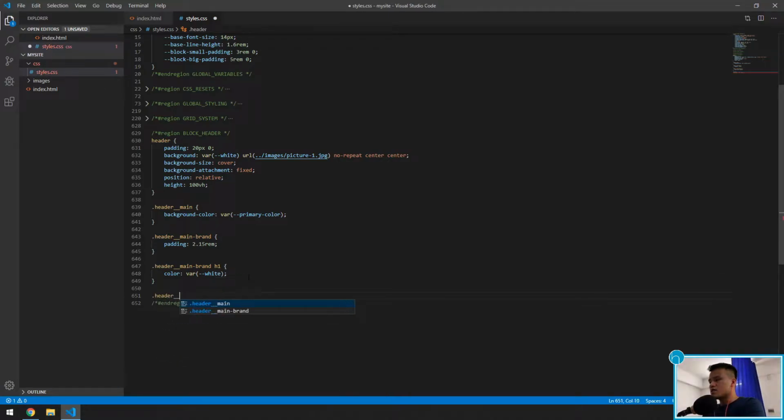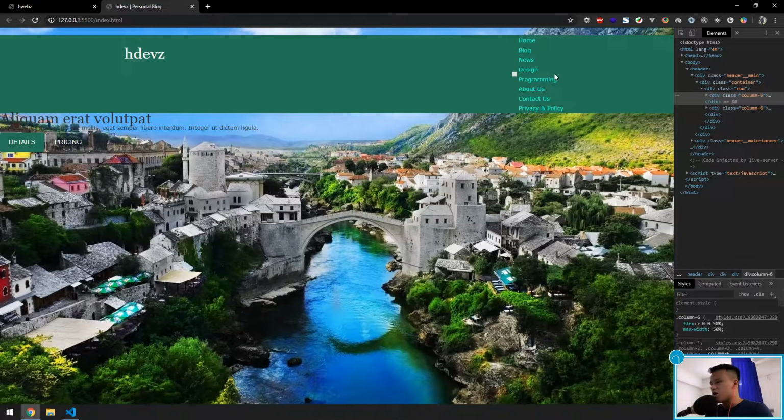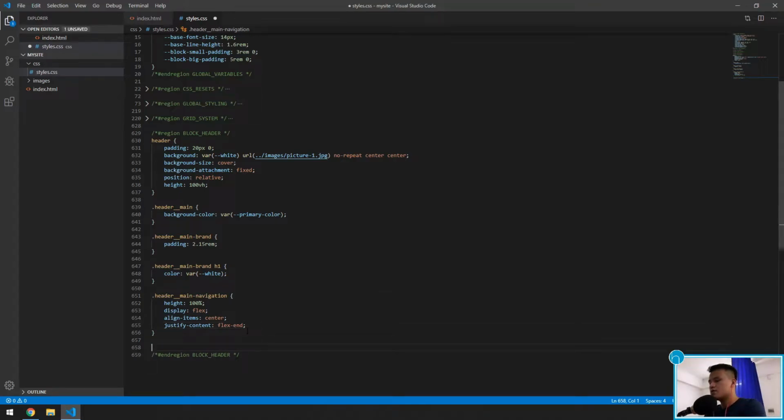Okay, so the next thing is header main navigation. I set height equal 100%. Display I set it to flex, direction it to the row. Align items equal center. Okay, justify content equal flex end because I want to align it to the right. And the header main navigation,